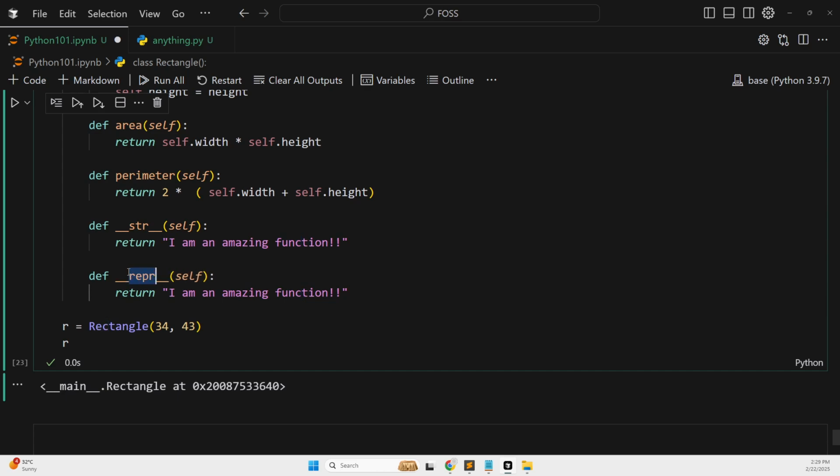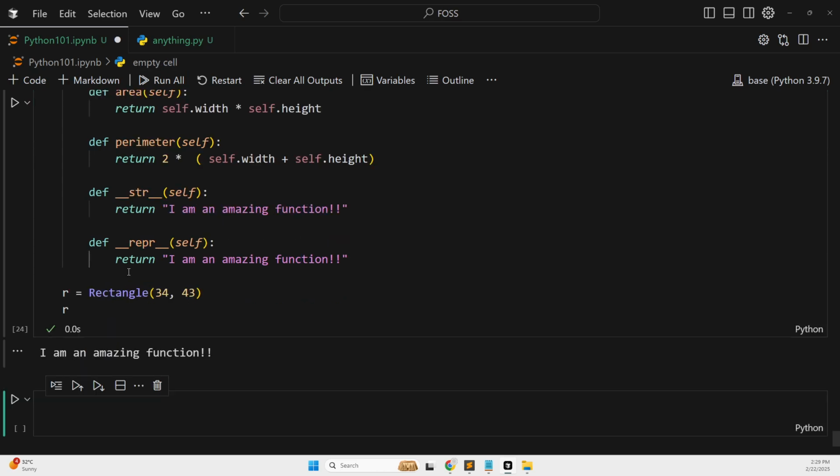Repr. That's what I was thinking. What is it? So they have this repr function. So if you override the repr function, then if you just write the name of the variable, it's just going to write this. So it provides all this. For example,